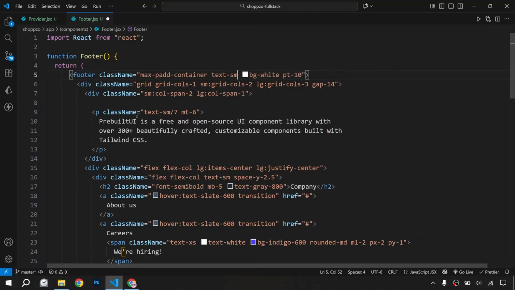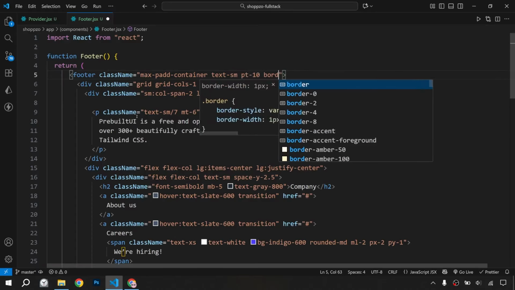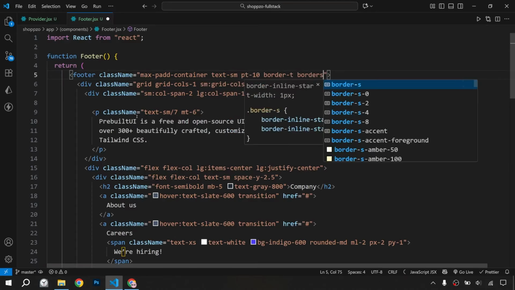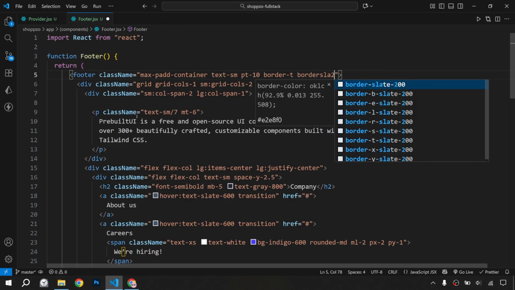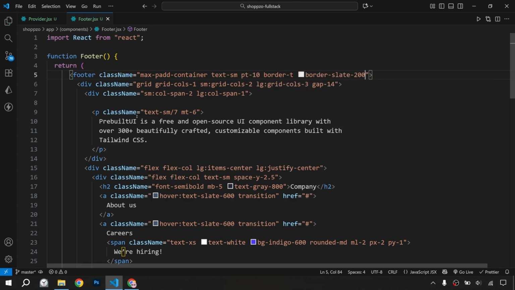We will remove the text color, padding top 10, and here we will write border top, border slate 200. And after this we have grid columns 1, SM grid columns 2, LG grid columns 3, gap 14, right column